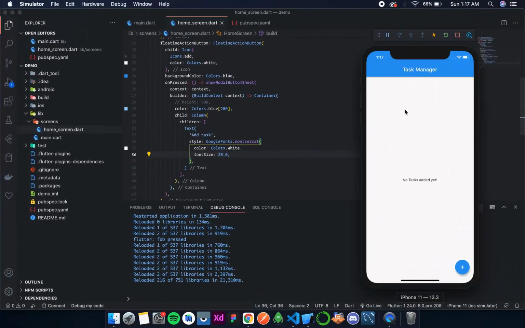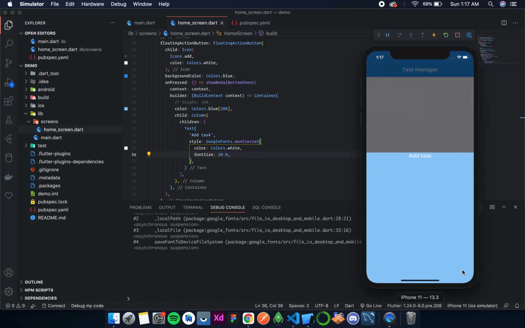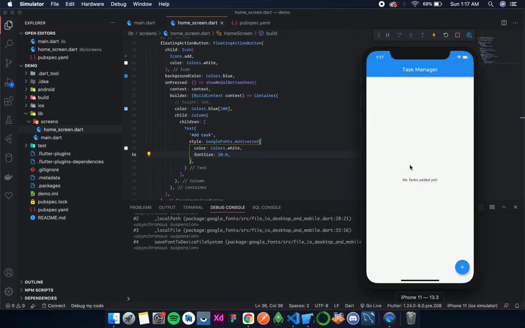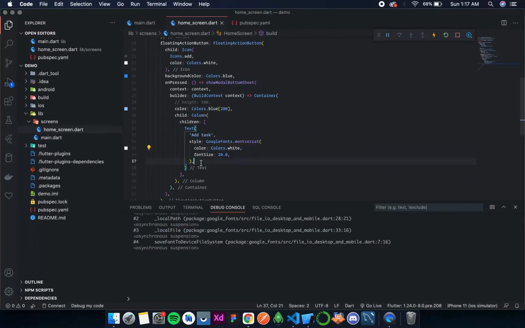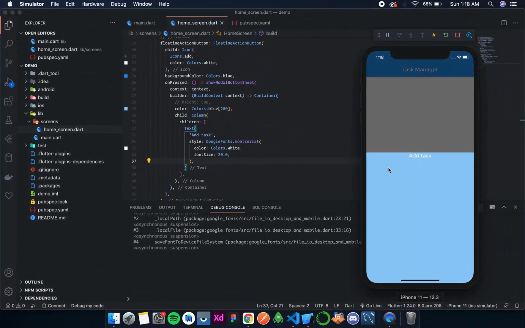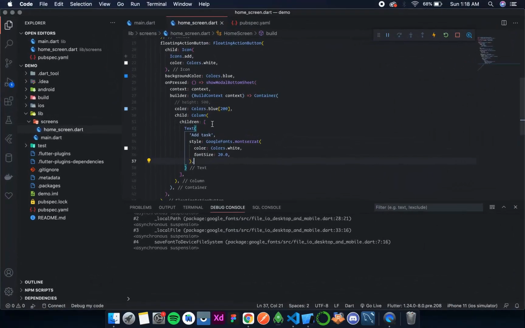Now after that, over here we can see the font has changed to Lato. Okay, and over here also this font is also Lato. Now we also have our text in center. We'll change that later. Okay, so the first text is add task. Now after that I believe that this add task should be over here, and a cross button over here, which when we click on this modal sheet should close. However, it will close if you click anywhere else than the modal sheet. Okay, so let's do that.